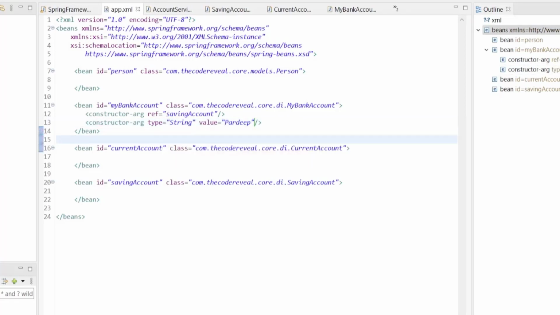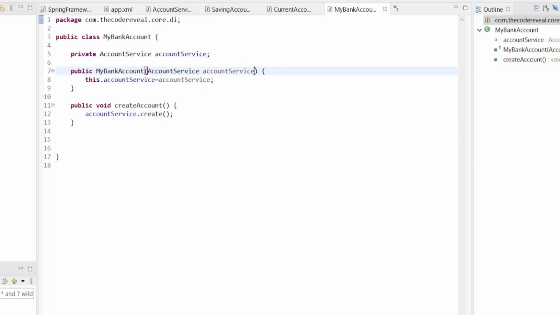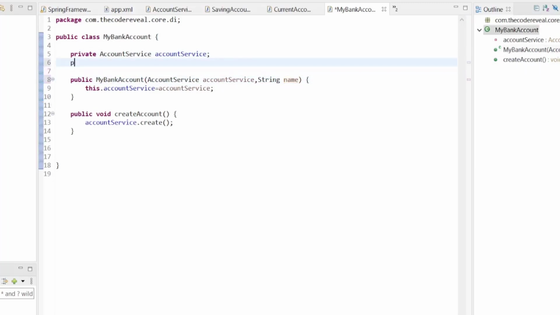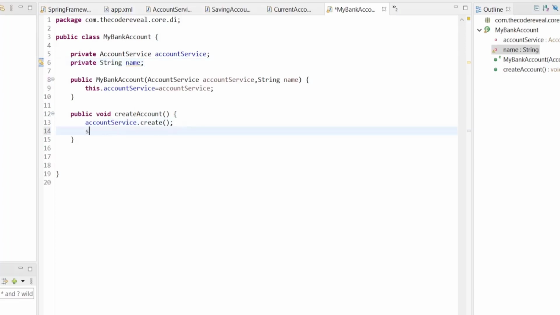And in the account service, my bank account, sorry, we can create a string name, and here we add one more private string name, and here we print this dot name.